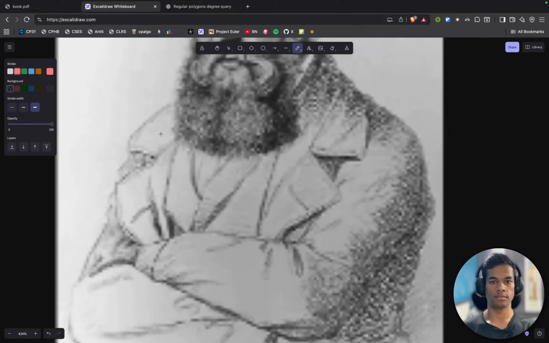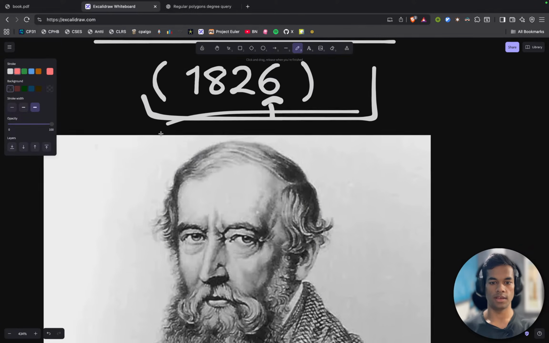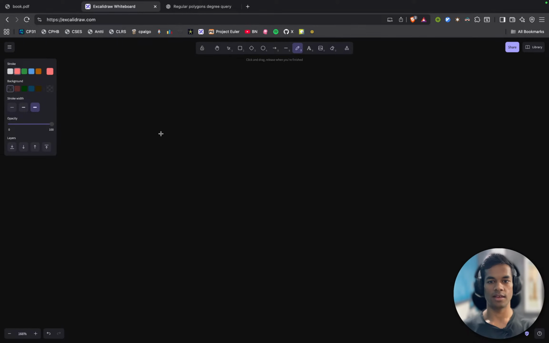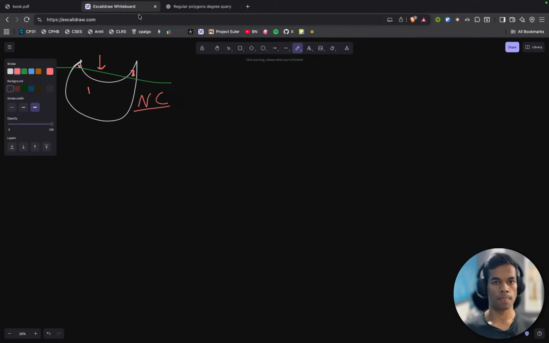That is, he is here Jakob Steiner. Each node, yep,